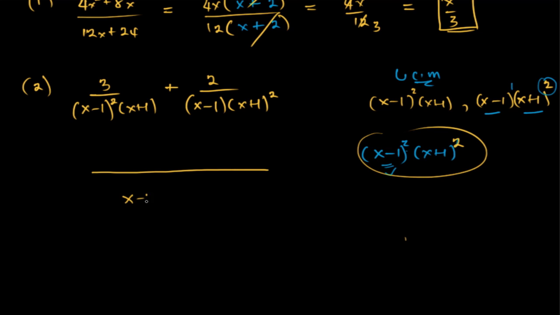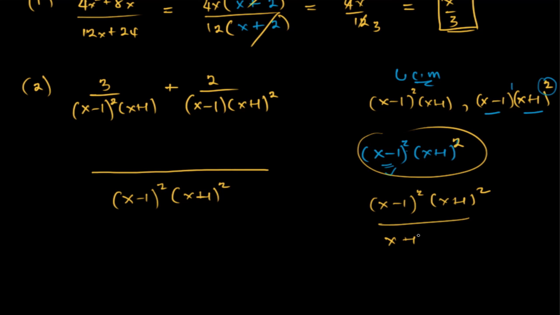So we have (x - 1)² and then (x + 1)². So this is our LCM. Then we carry out the whole operation. So this is this divided by this. That is (x - 1)² times (x + 1)² divided by (x - 1)² times (x + 1). So this is going to cross out, and then this will cross out, leaving x + 1. So we're going to write x + 1